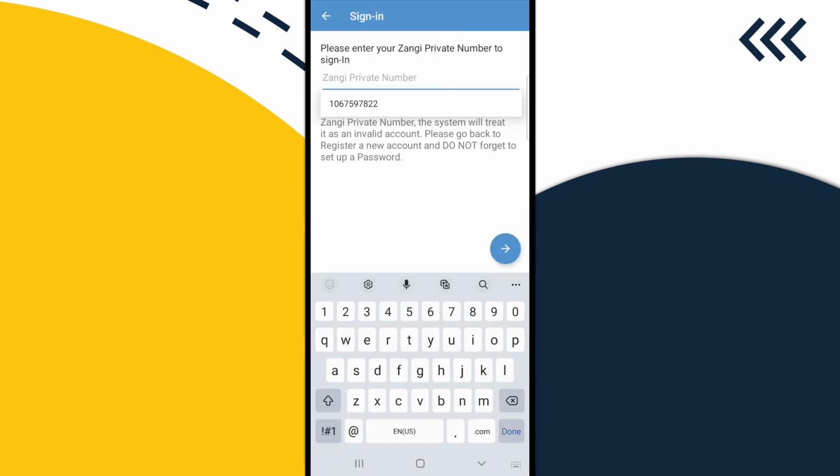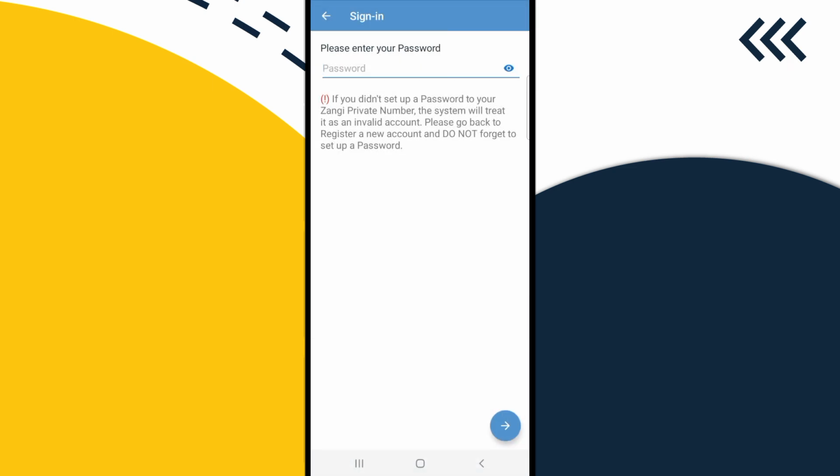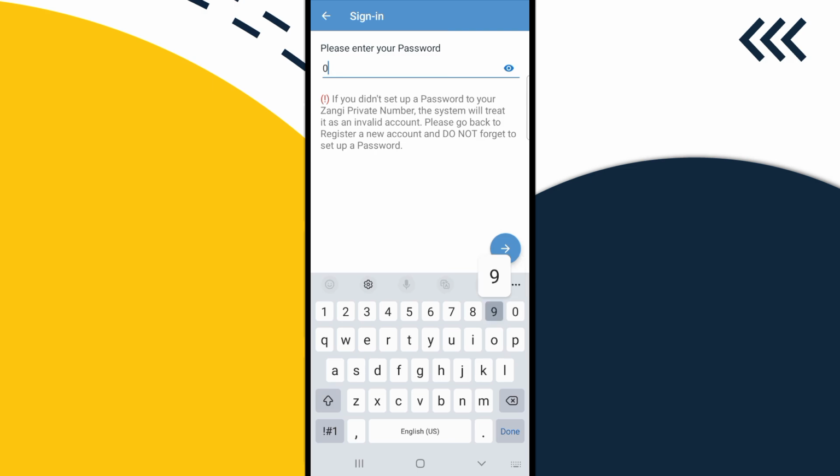So since we have to sign in, just click on sign in, and then from there you have to input your number on Zangi when you created the account. So from there you're gonna click it and then click on the arrow next, and then from there you just have to input your password right there, because if you didn't create a password before, you will need to create another Zangi number account. So from there, once you input the password, you just have to click on next, and